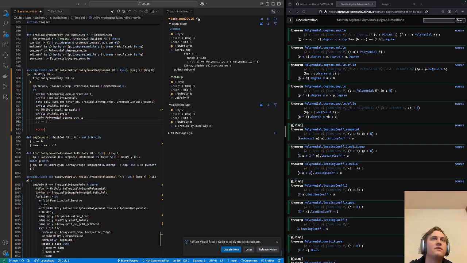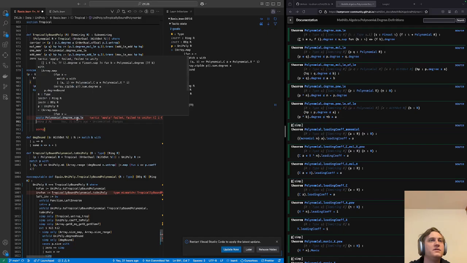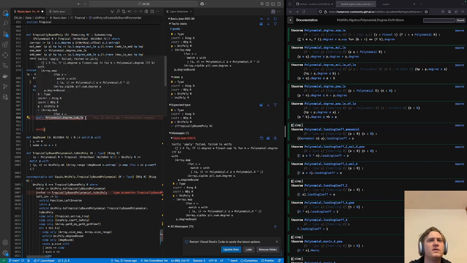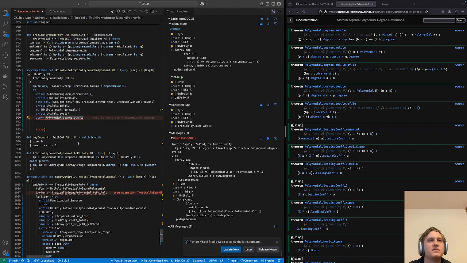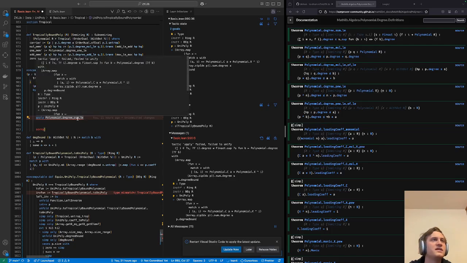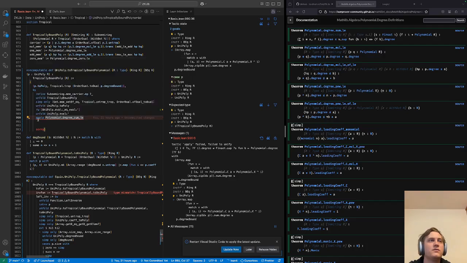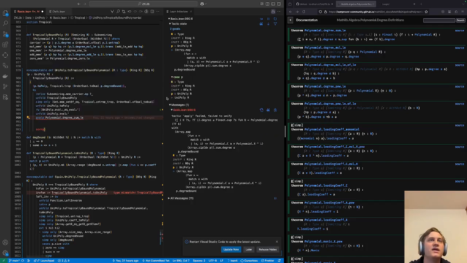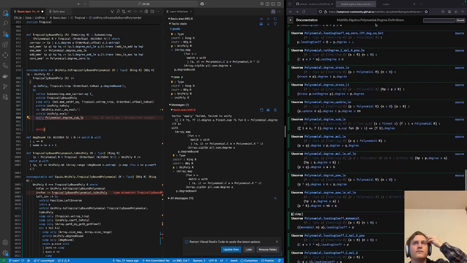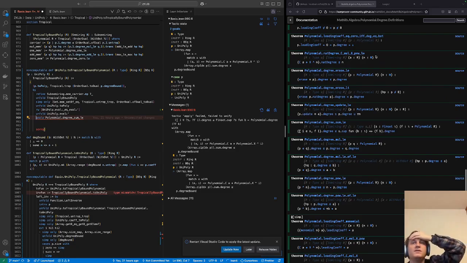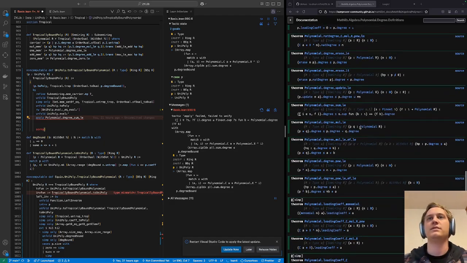Okay, now it's taking forever to load, which is spooky. Not sure why it would be taking forever to load. Tactic apply failed. Failed to unify. Okay, just a sec. Failed to unify something, sum. Oh, this is a finset sum, right? Whereas in my case, we have an array sum. This is an array of things. Yeah, so what needs to happen is there needs to be perhaps a variant of this theorem or